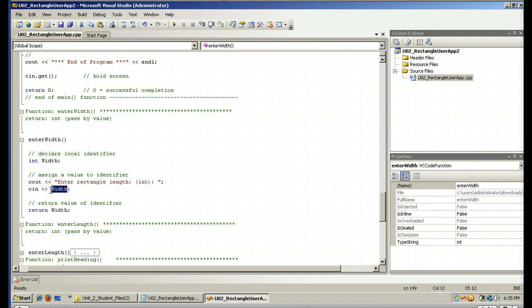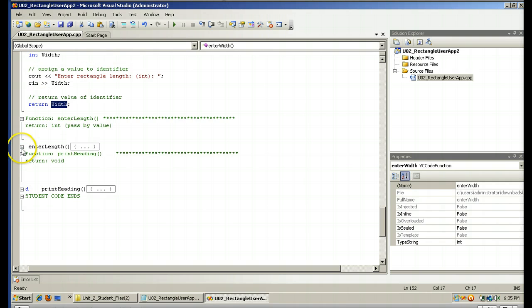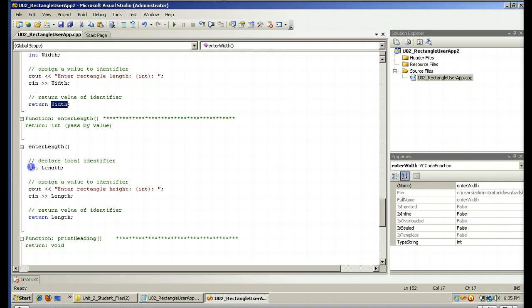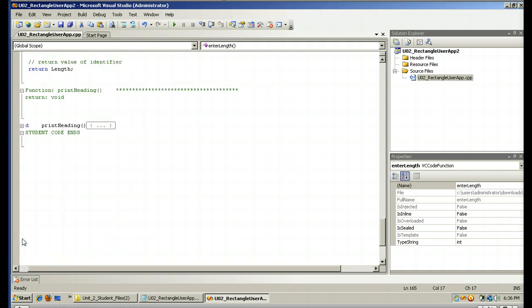They enter the width, and then it returns that width integer value. The next is enter length, declaring an integer called length, couting enter rectangle height, cin length, returning that length, and then finally the function